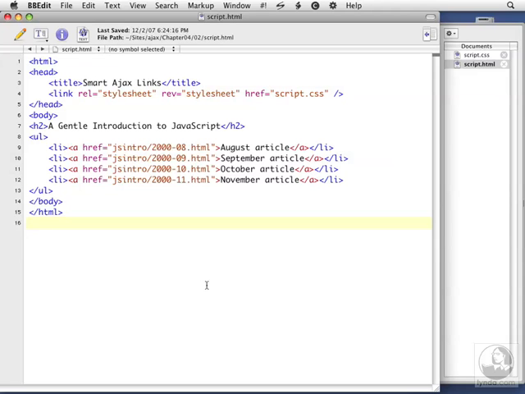In this lesson, we're going to see how adding just a little bit of HTML and CSS is going to work towards making our pages smarter with AJAX. For those of you following along with the exercises, I'm looking at AJAX/chapter04/02/script.html. And given that we already have our static HTML and CSS files,